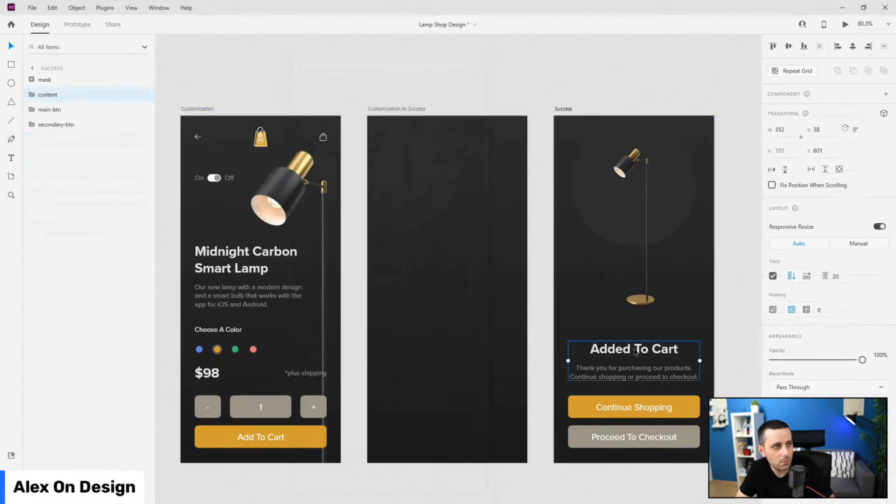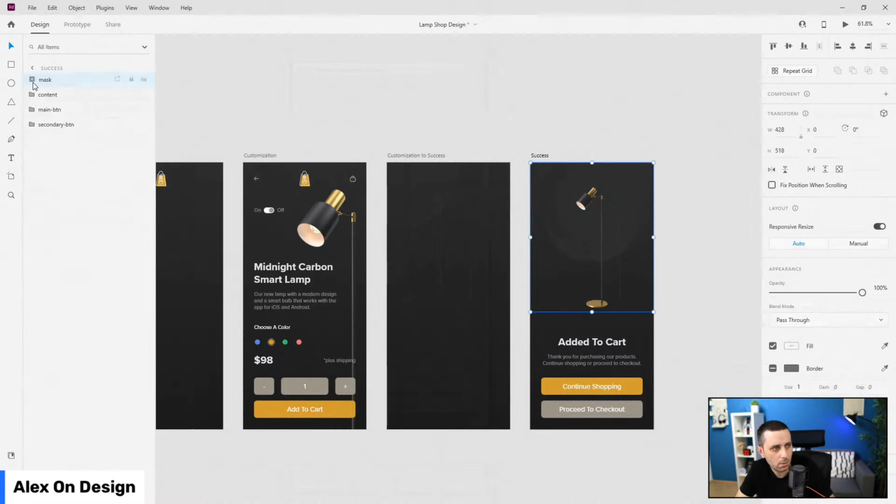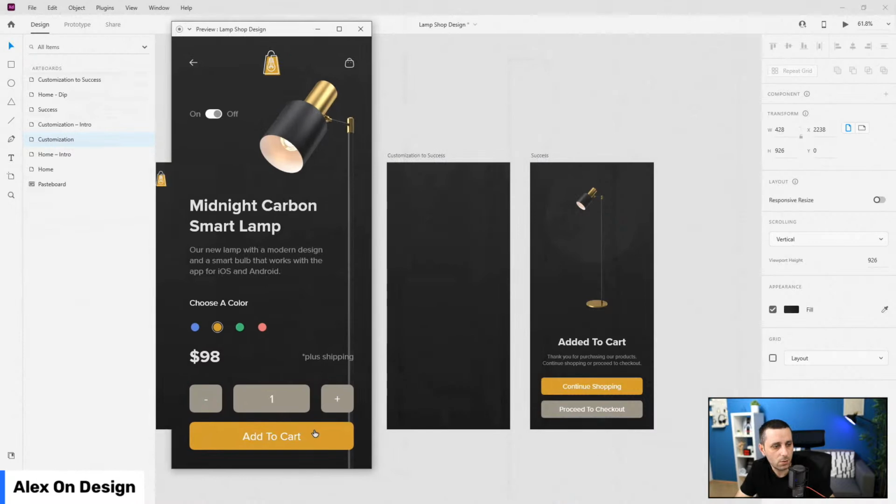Still doesn't work. Perhaps we have a copy here. Let's check it. Content, main, secondary content. I still don't get it. Why? Because I now removed it. It just showed me that content. So